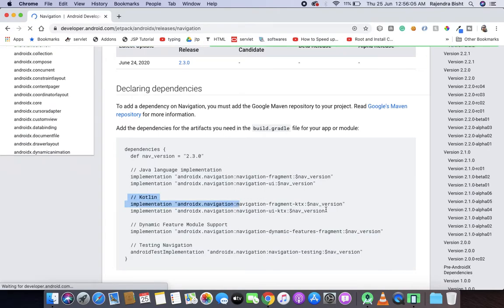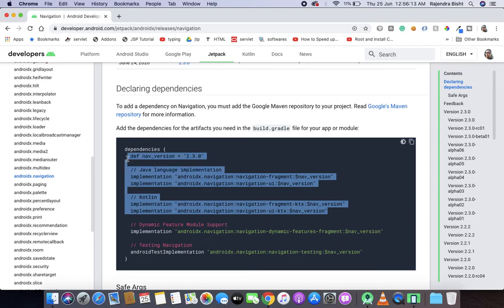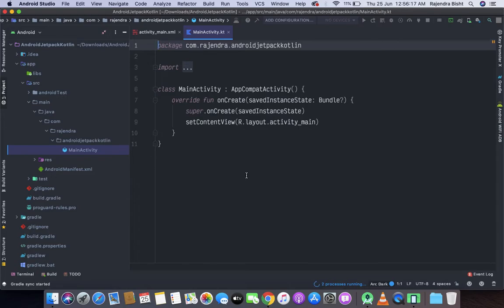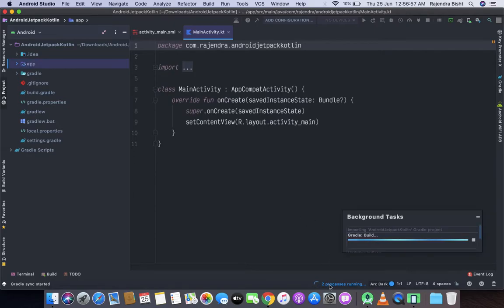Just copy it. Here Gradle is building. Let's wait.